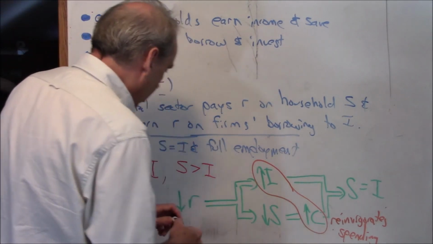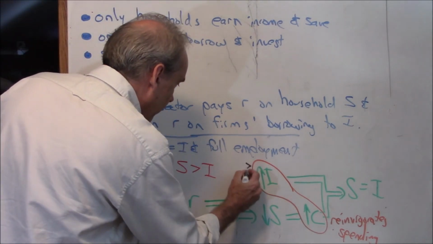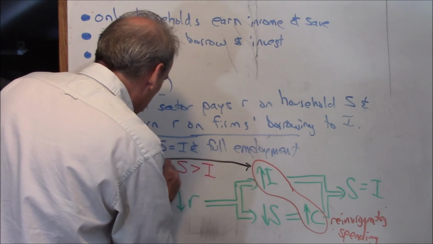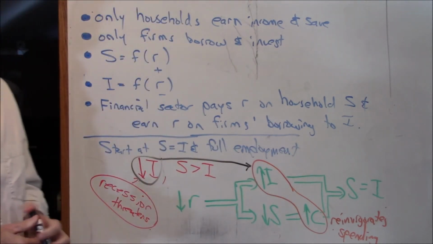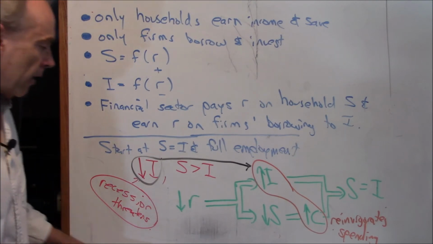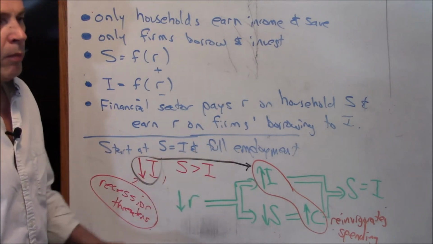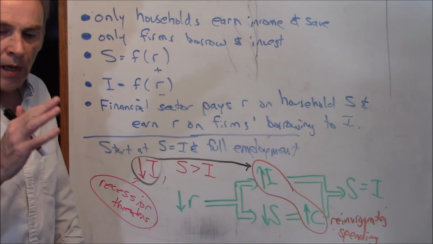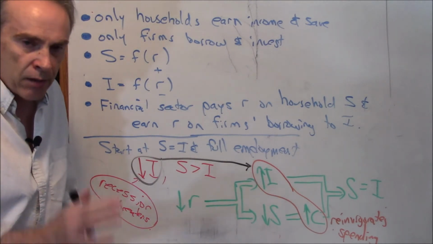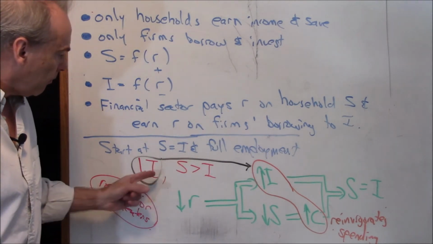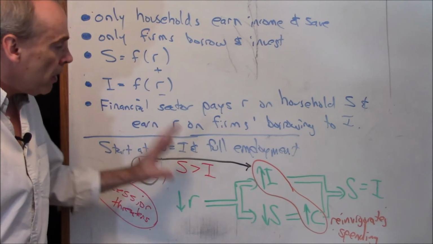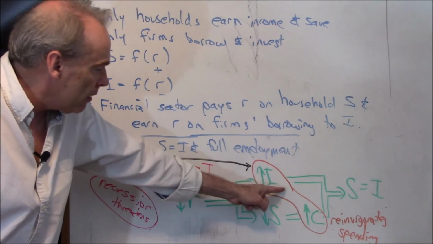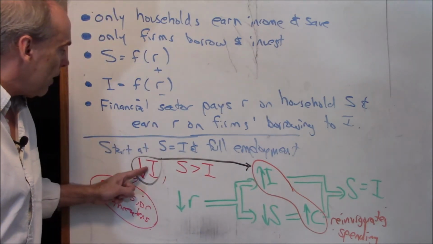Is this increase right here of the same magnitude as that decrease? Because if it's not, then we still have a problem, and we're not back to full employment. We're not back to the point at which everyone who wants to work has a job, which is what full employment is, roughly speaking. So the only question we haven't answered here is whether this is going to be the same magnitude as this.